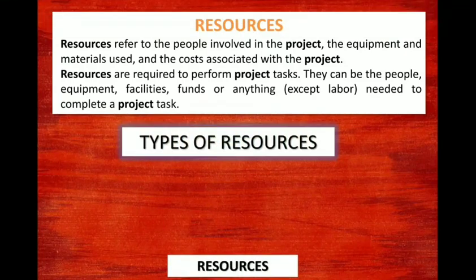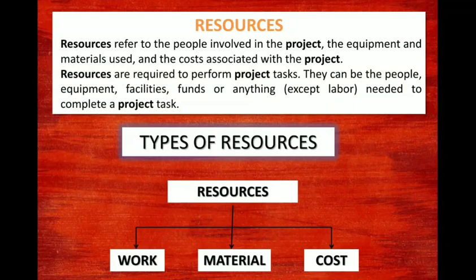So the types of resources are, as you know, work, material and cost. Now here comes the important thing. When you feed the resource in the resource sheet, you need to mention whether it is work, material or cost, and also we'll see how the corresponding changes will occur. To understand that properly, we should understand where exactly we need to give work, material and cost, and what is the prime importance of these types.